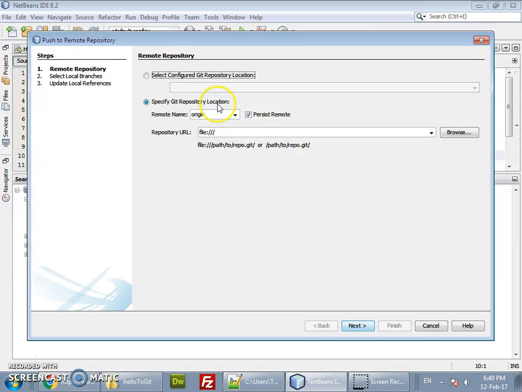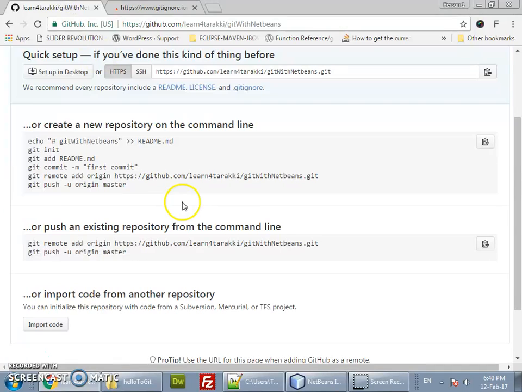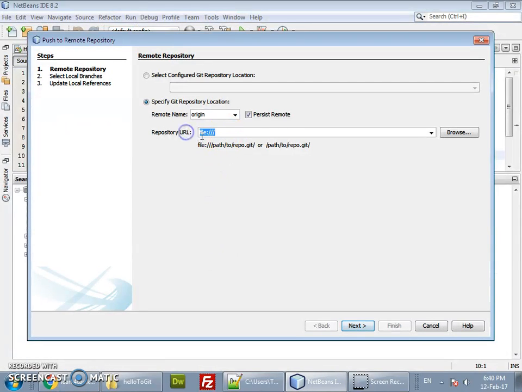Specify Git repository location. Here keep it as origin. You can name anything over here. This will be covered in the later tutorials. In the repository URL, you just have to mention the URL. Just click copy this and paste it over here.